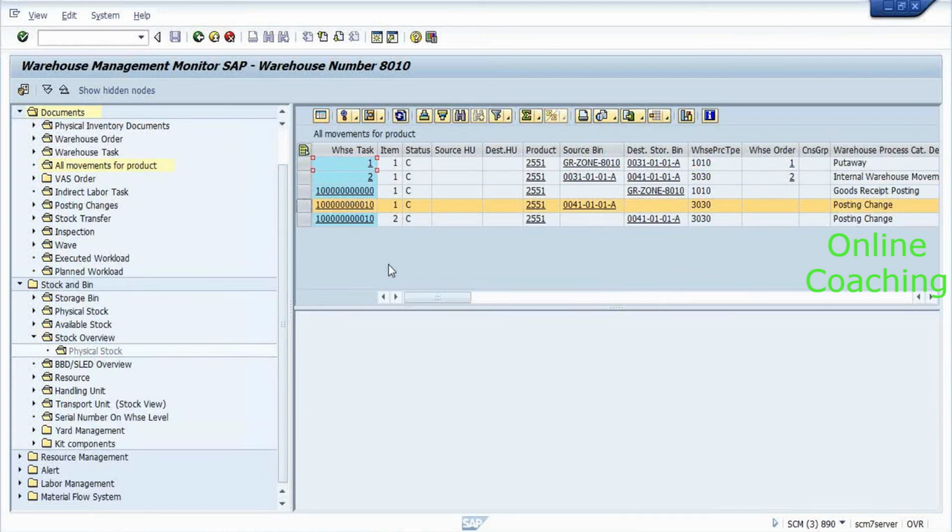You see this, Shashi? You see this warehouse task over here? Yes. Okay. So basically what happens is whenever there is any movement,